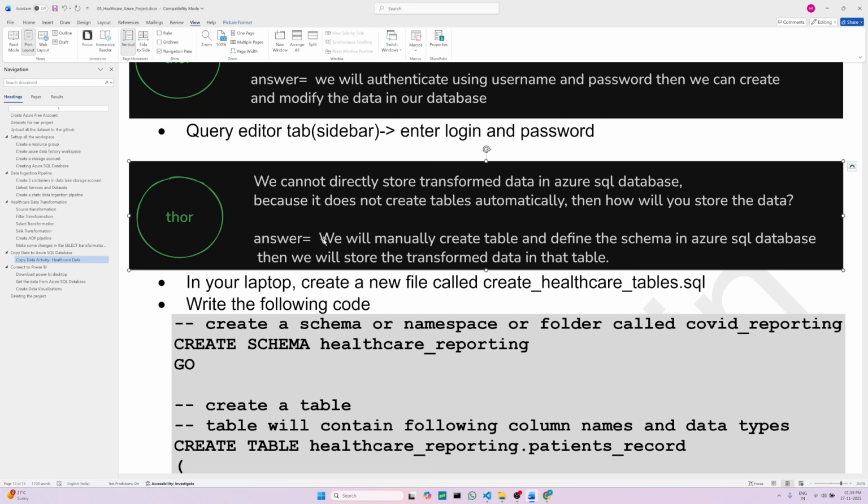Now again Thor is asking, we cannot directly store the transform data in Azure SQL Database, because it does not create tables automatically. Then how will you store it? Answer is we will manually create table. What if it does not create? We can create tables. We will manually create tables, define the schema, and then we will store the transform data